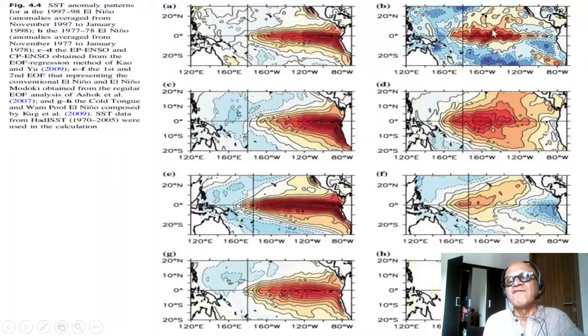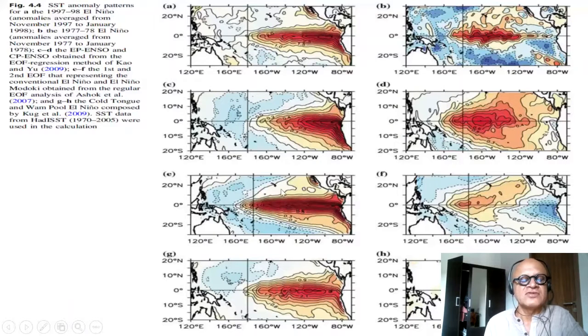whereas some have warming in the central western Pacific with hardly any warming, in fact still colder anomalies in the east, and this one is much more loaded on this side with a negative anomaly on the equator here, and this one seems to extend from the subtropics into the tropics. In fact, there is a large literature on something called the meridional mode, which is a pattern that looks somewhat like this. So essentially, if you look at different El Ninos in various ways, so this is looking at EP and CP El Ninos, so East Pacific El Ninos and Central Pacific El Ninos.